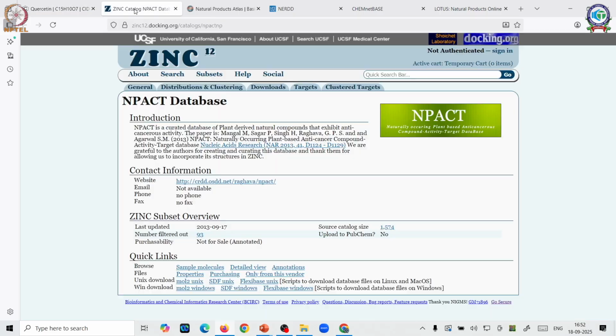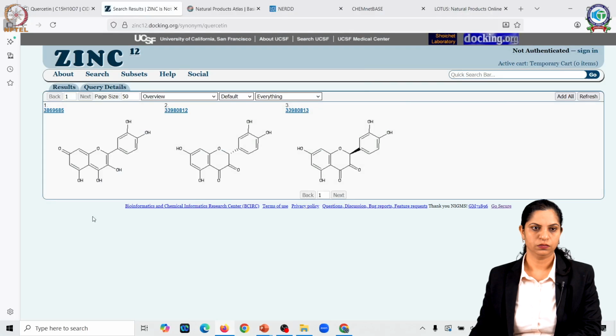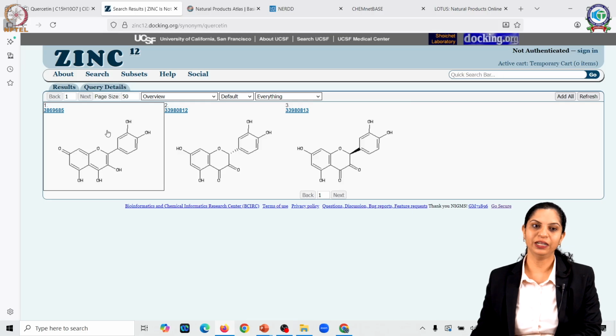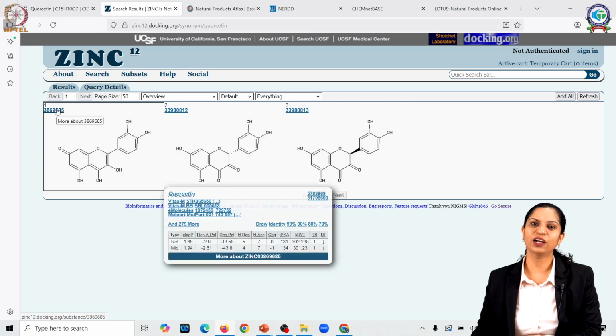And let's go to the next database, and that's your ZINC database. So again in this I'll raise the same query and let's see what ZINC has to offer. ZINC NPACT is the ZINC natural product database. So let's see the structures. Now you can see it has come back with 3 results. The little difference between these is that the first structure is racemic, and the other ones are the optically active ones. So let's click on the racemic one to see what they have to offer us.